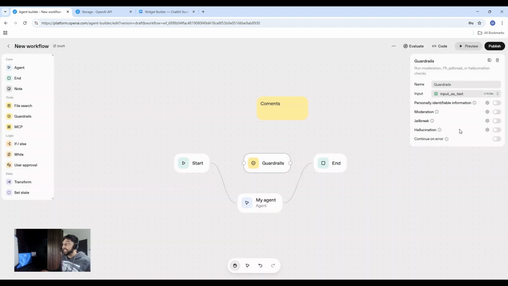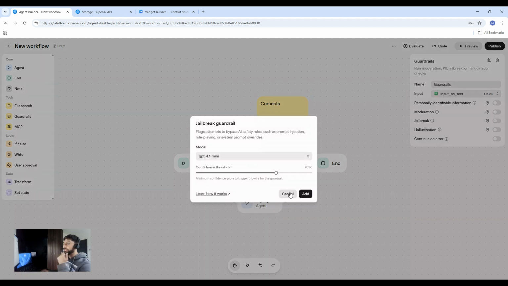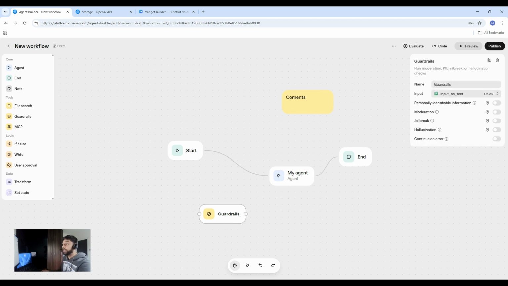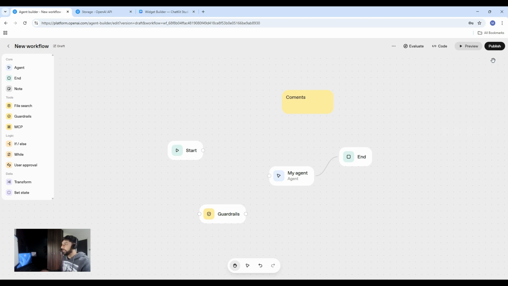You also got the jailbreak and the hallucinations, which are set at 70%, and they're generally good at 70%, so I'll leave them there. Your guardrail. I'll show you a simple example of a guardrail working. We just delete these two